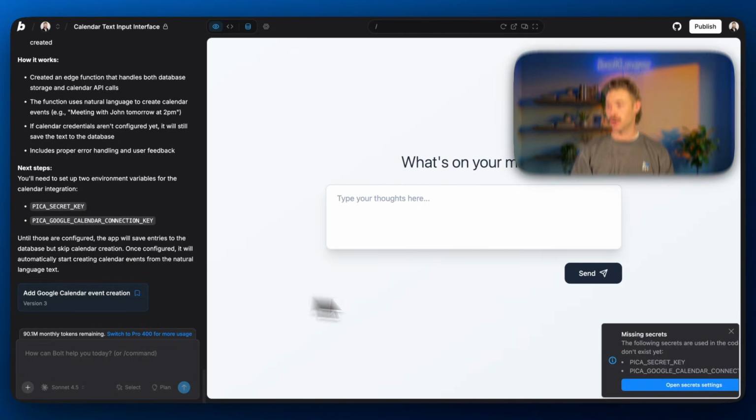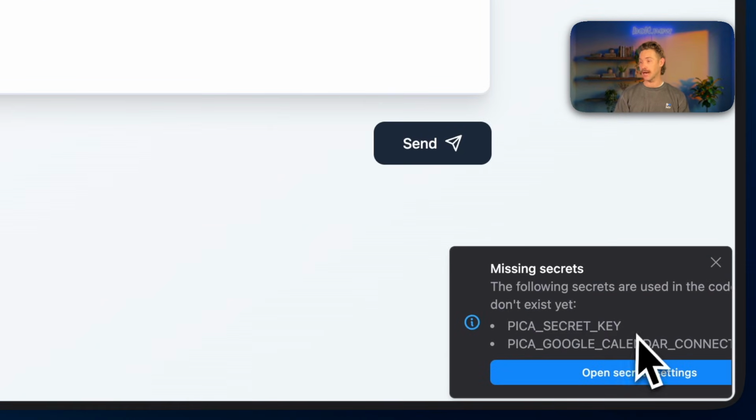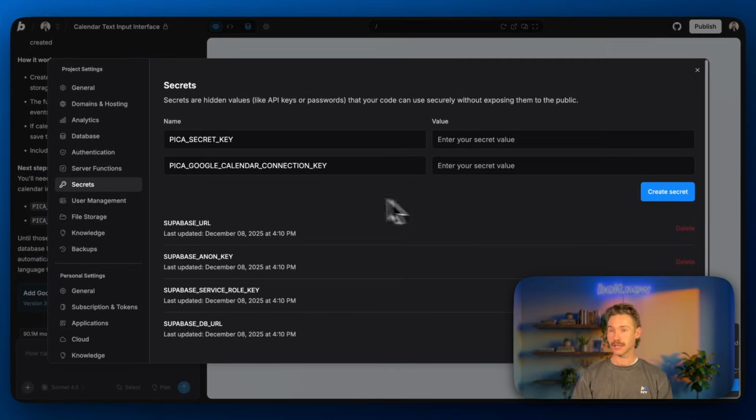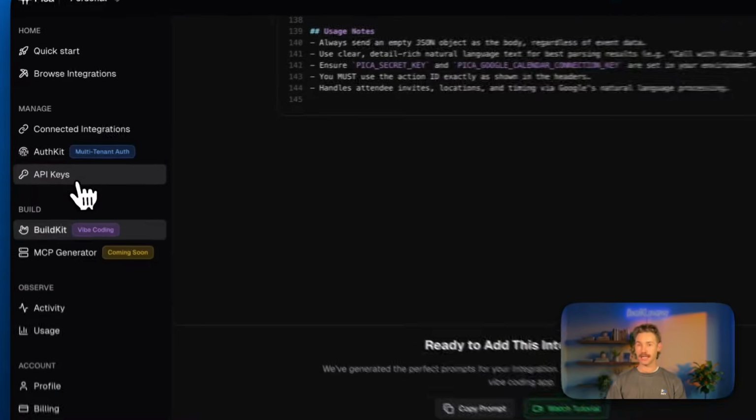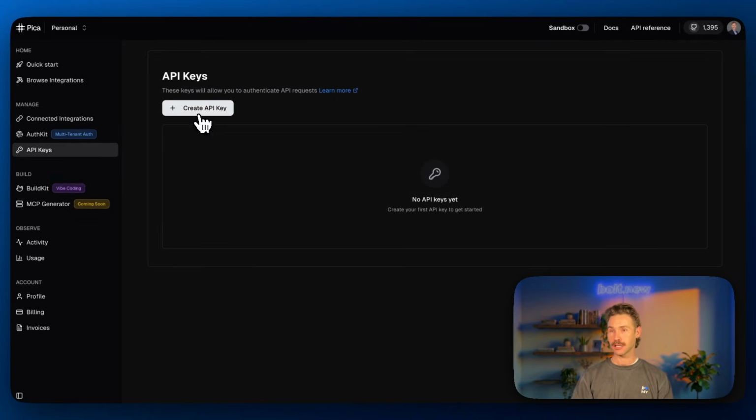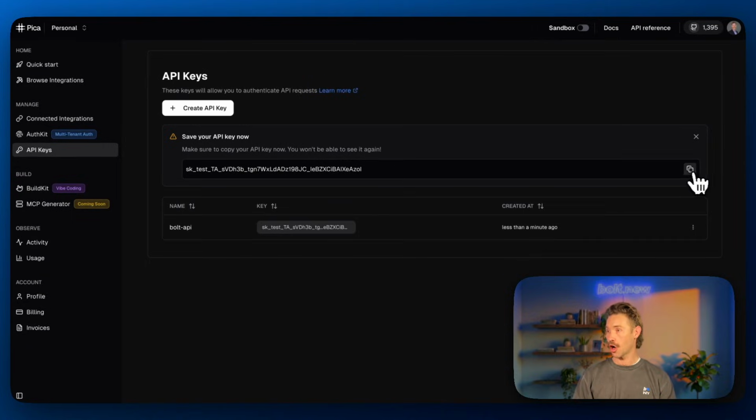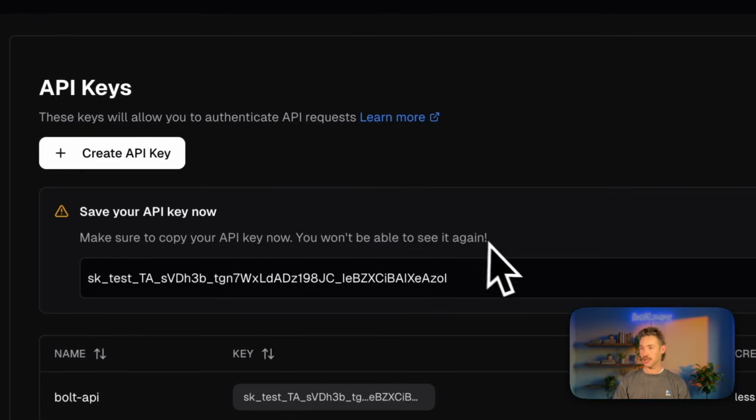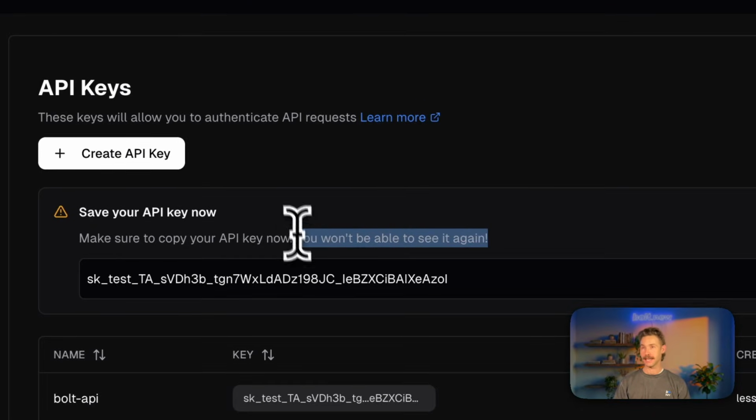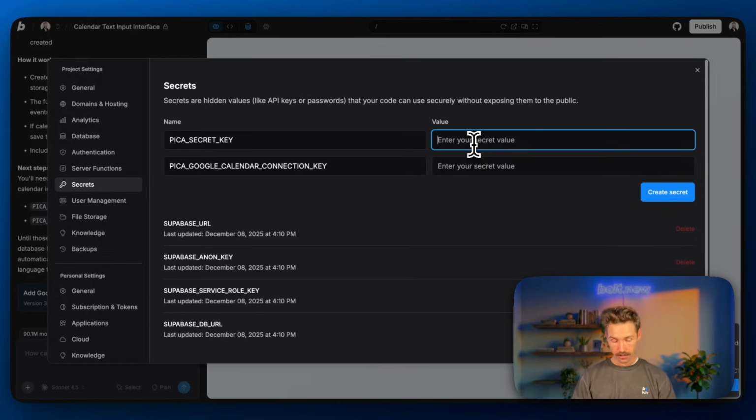After building with that prompt, notice it's asking us for our secrets. So we're going to open our secrets up, and to create our Pica secret key, we're going to come back into Pica, go to our API keys, create an API key, copy that, make sure to save it because we won't be able to see it again. Come back into Bolt, paste it,